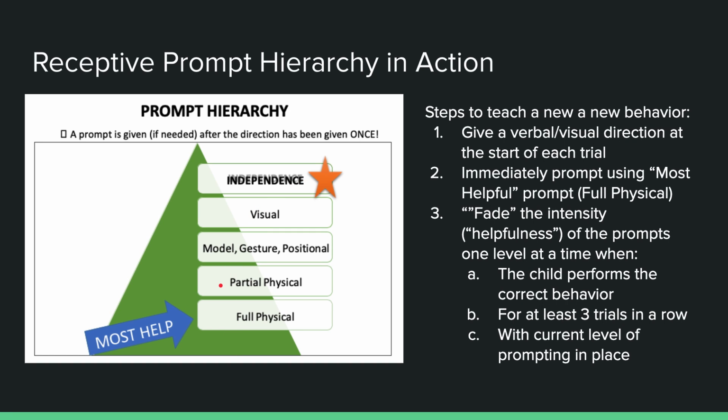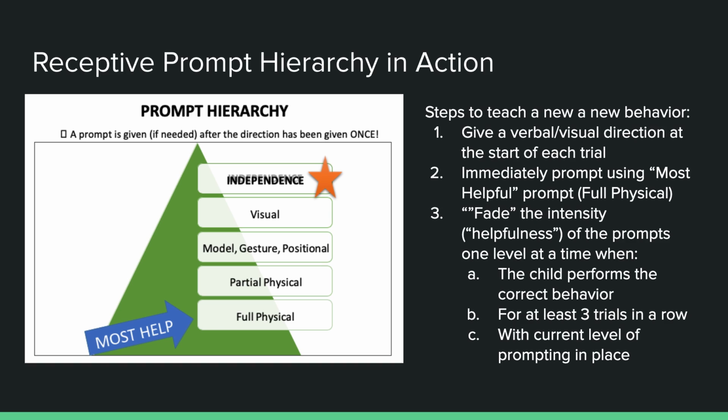Partial physical, touch the dog. Get them started by touching them, but then take your hand away and let them touch the dog by themselves. Do that 3 times in a row, and they get the right answer. Then you move to the gestural, which is pointing to the right answer and saying touch the dog, and if